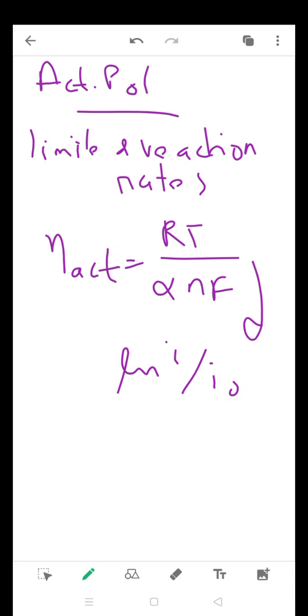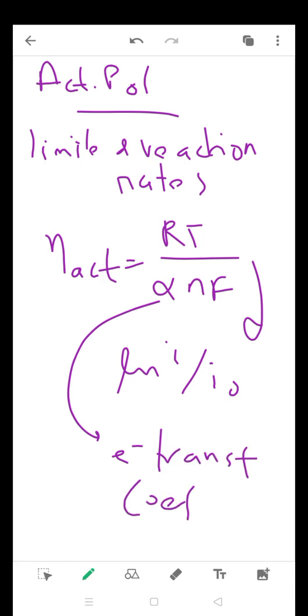Alpha is the electron transfer coefficient, R is the gas constant, T is temperature, n is the number of electrons, and